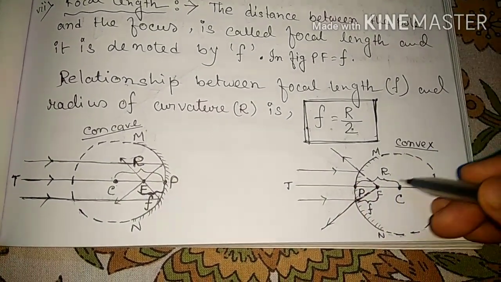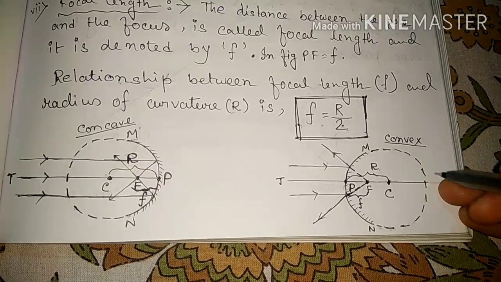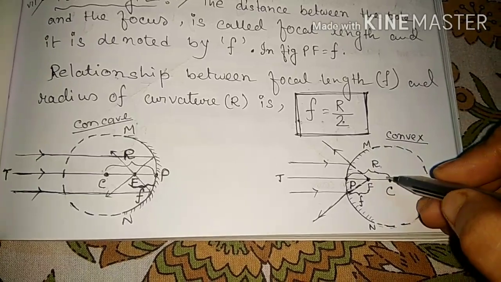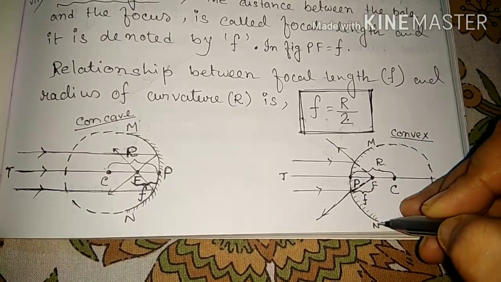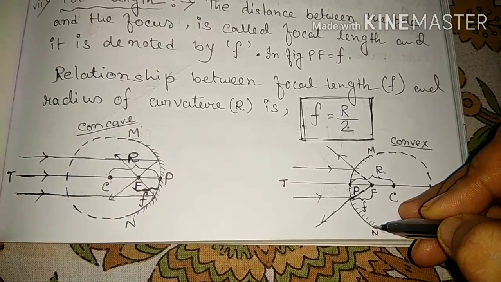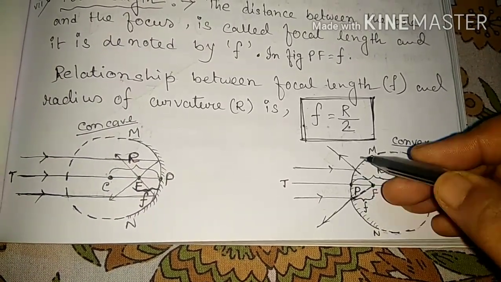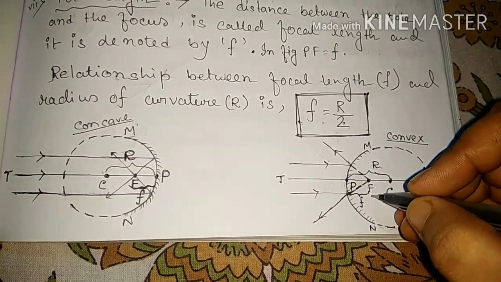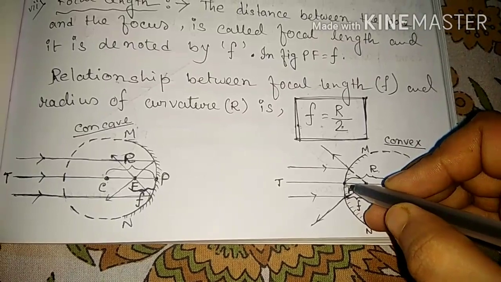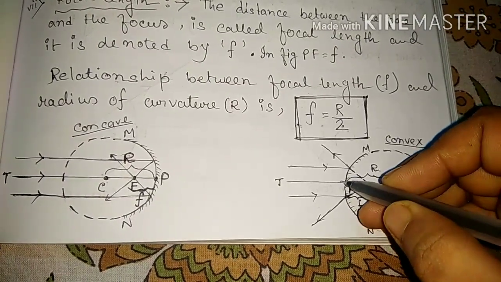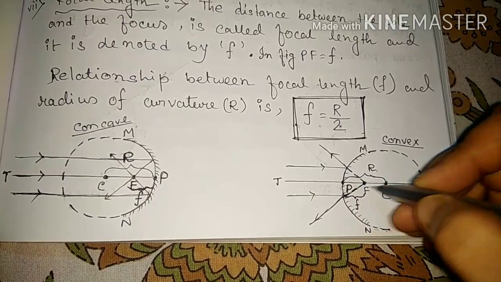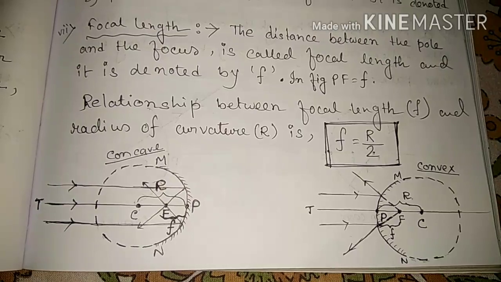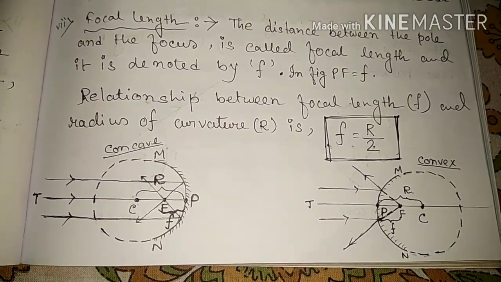In this case also it is the same, this is the center of curvature. If we join with a dotted line, it looks like a sphere, and every sphere has a center. So this is a center, and it is a part of a sphere. That's why this MN is called the aperture. In this aperture, any point in the middle part, at the center of the mirror, is called the pole, and the line which joins these two points, pole and center of curvature, is called the principal axis. Is it clear?